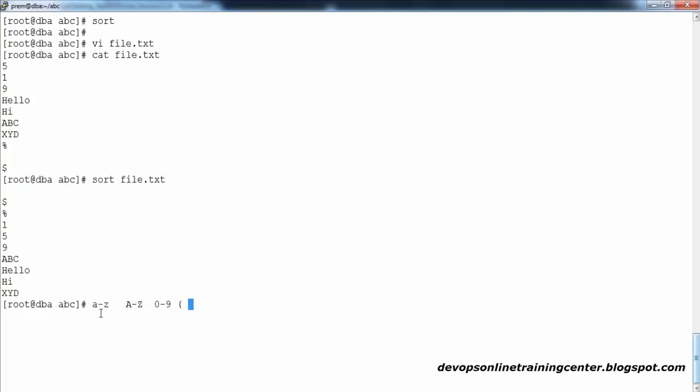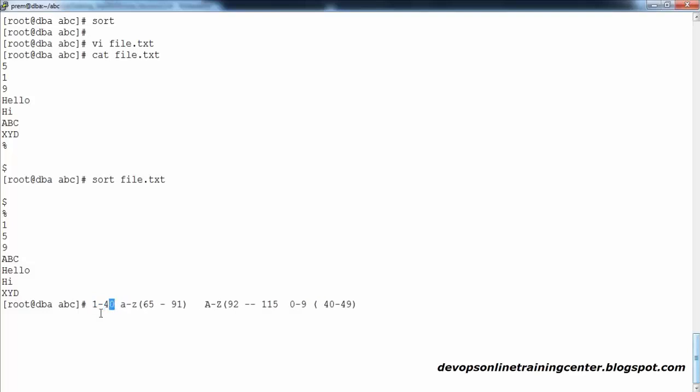So for 0 to 9, I think it starts from 40 to 49. Okay, and this is capital Z. I think it is from 95 to something, 92 to 115. Okay, and the small is from 65 to 91 something. Okay, you can find the exact thing. You just Google it, you can find a big chart. So look at the numbers and special characters from 1 to 40, you can find it.